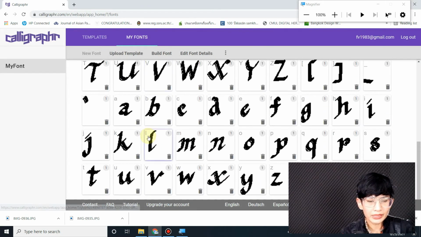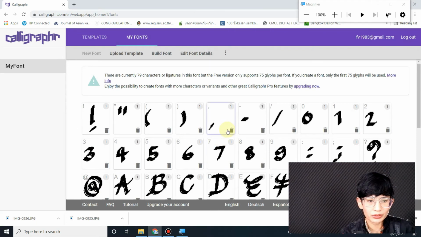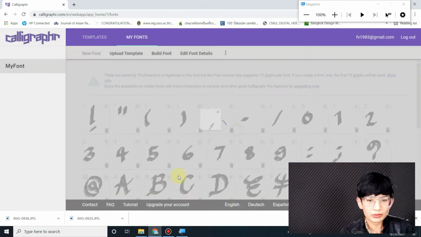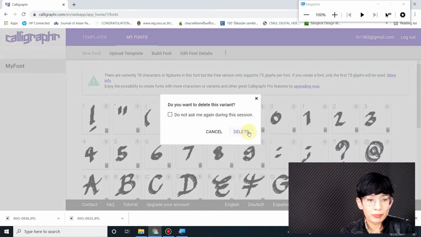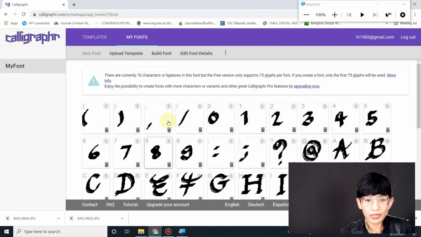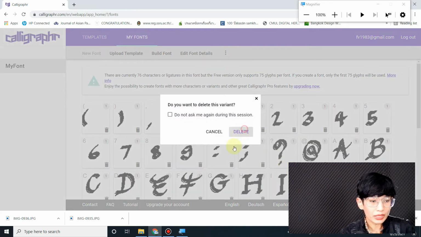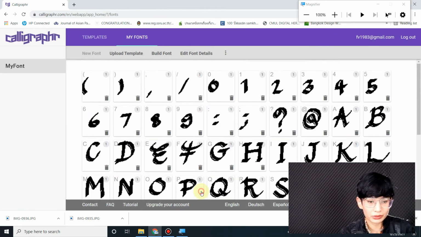Okay, now it's 80, so I have to delete more. Five characters need to go. So this one, I don't need this one, right? But it depends on the template that you select. But like I said, you can also delete some of the characters if you don't want them. And you can also include multiple languages' characters here as well. Okay, now it's all right. Okay, the warning